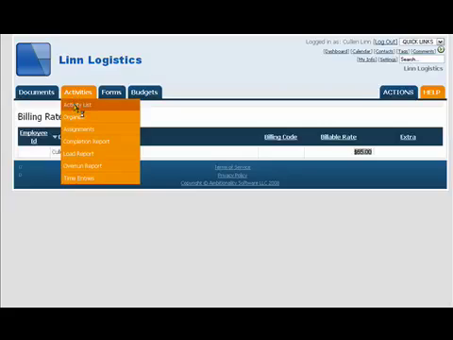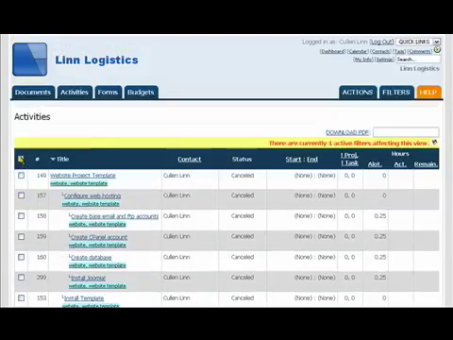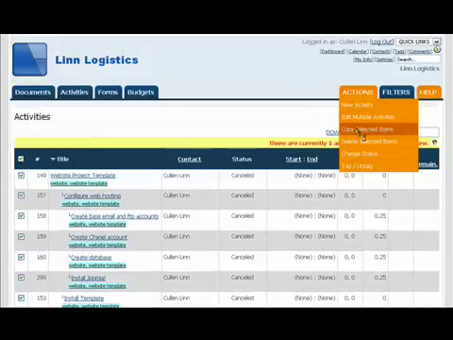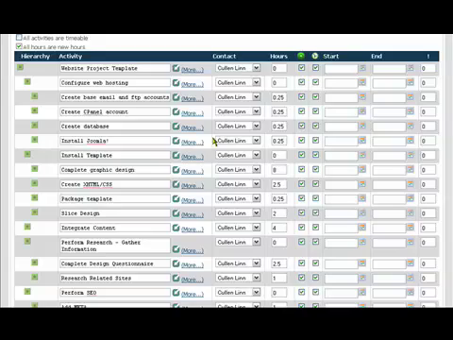Now I'm going to go over a typical website project. I'm going to create a new website project from a template that I've created in the past. So I copy over an activity list. And now I go through each of the hours assignments for these basic activities and adjust them for this particular